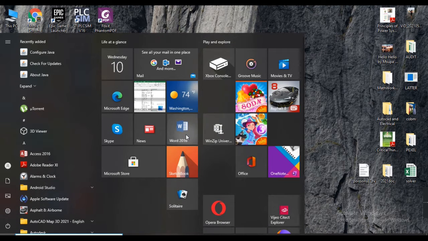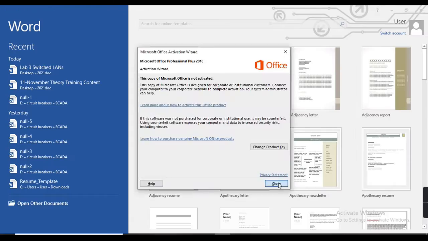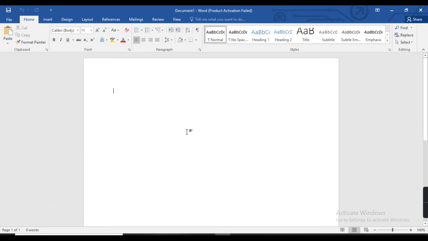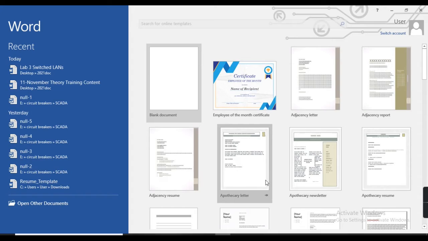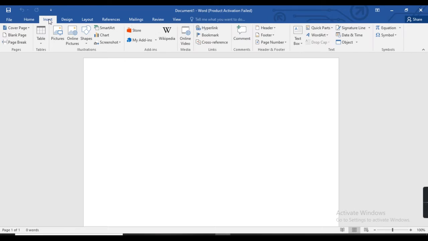Then let's open the Word document. Then insert. From here let's go to insert, and then